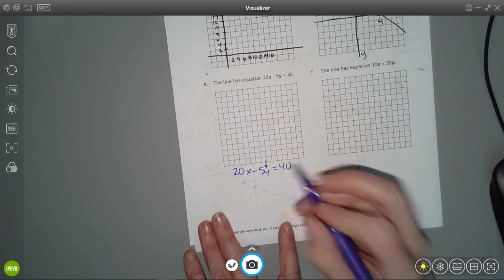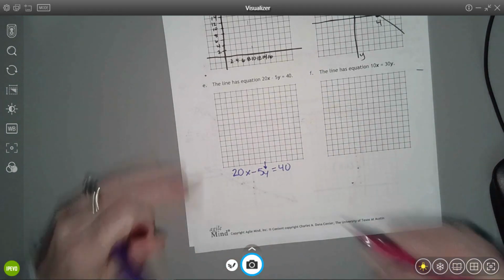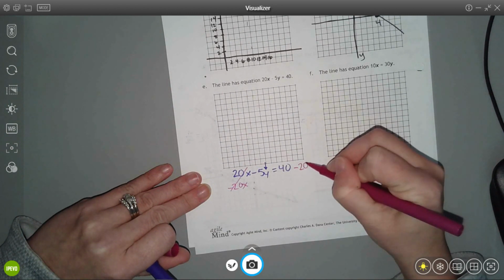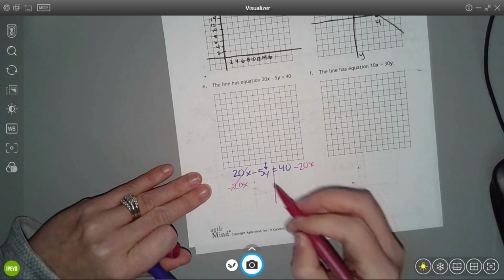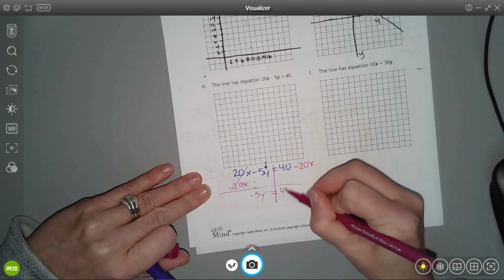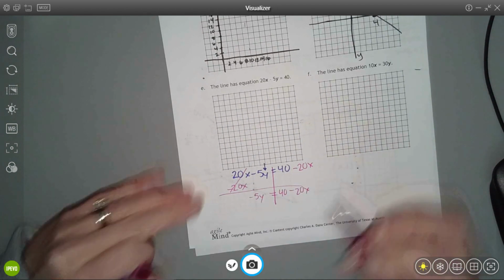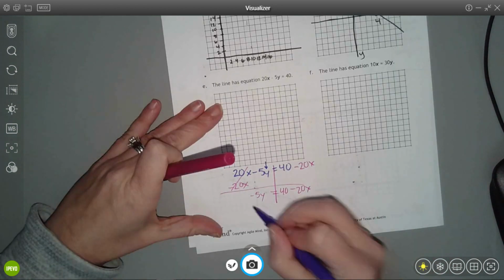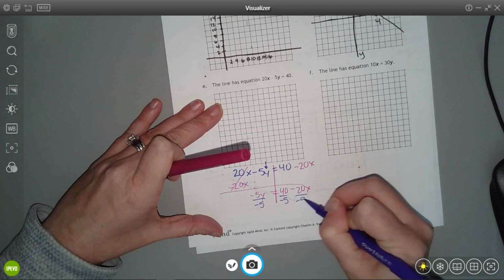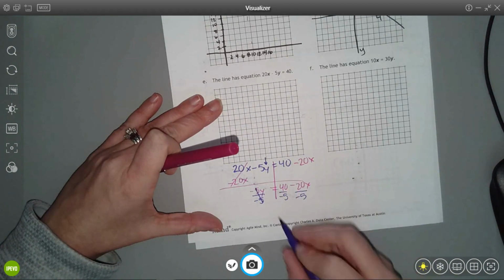So the first thing I'm going to do is subtract my 20x to the other side. I'm left with -5y equals 40 minus 20x. Get the y alone by dividing everything by -5 and then simplify. That leaves me with y equals